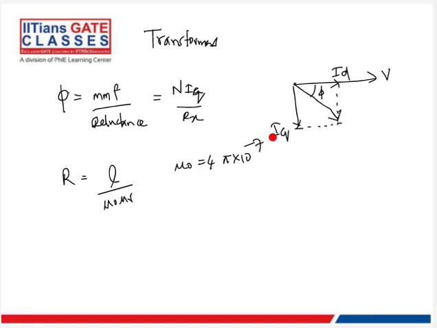So basically, if you see over here, if you choose the material correctly, mu r will be high, right? When mu r is high, what will happen? R will be low. And when R is low, for the given flux, you need less I_Q, right? So basically, this I_Q will be less, which makes this angle, this thing is called theta,